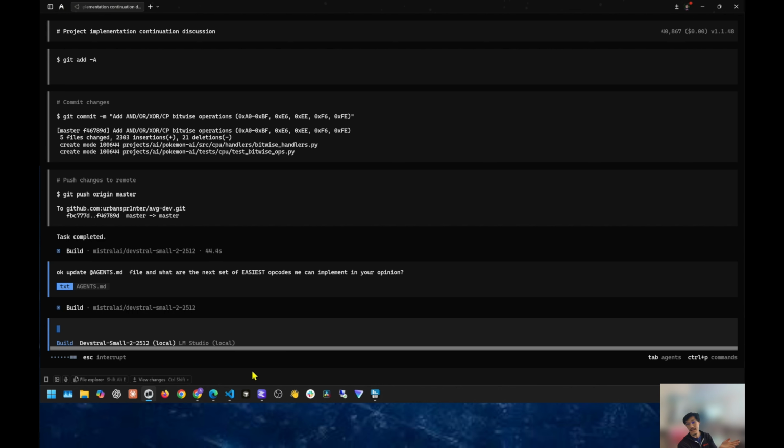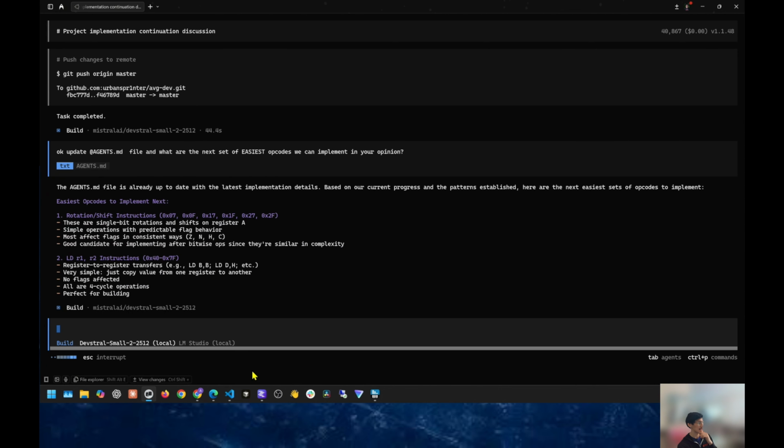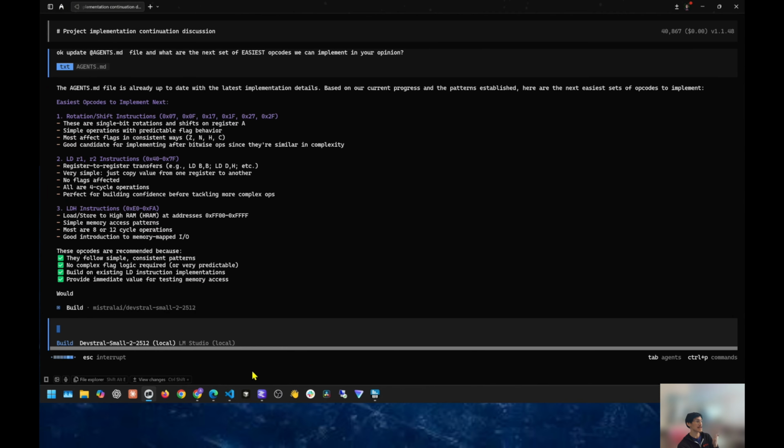I think Devstral is really good with instruction following. I've noticed that. Okay, so our agents MD file is already up to date with the latest implementation details. Based on our current progress and patterns established, here are the next easiest set of opcodes to implement: rotate shift, LDR1, R2, so register to register transfers,